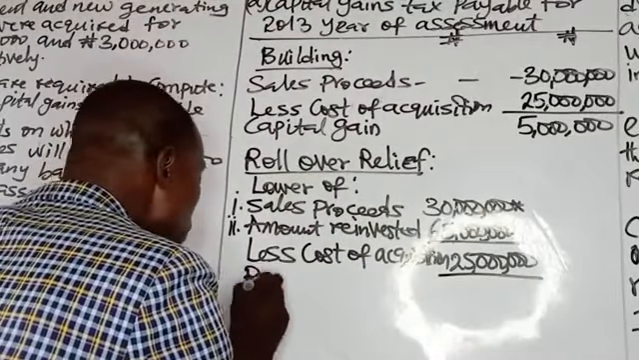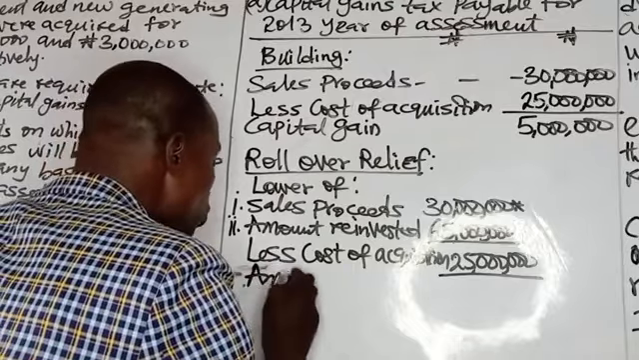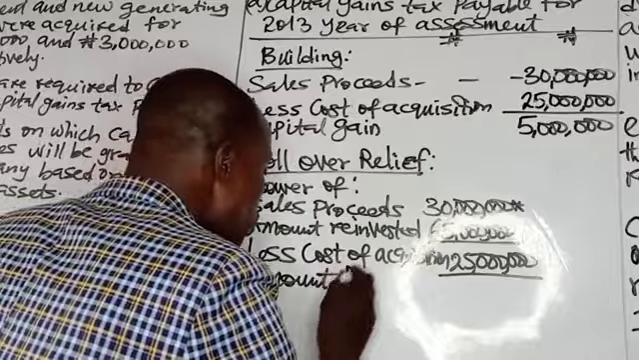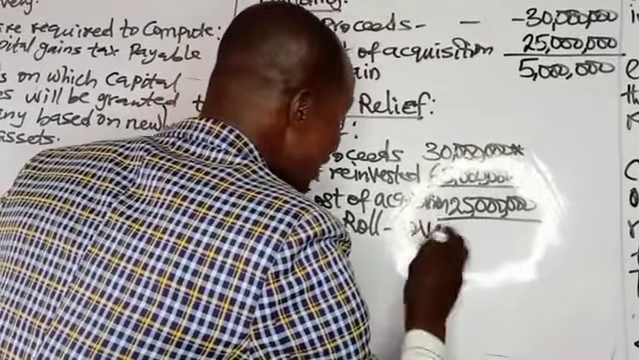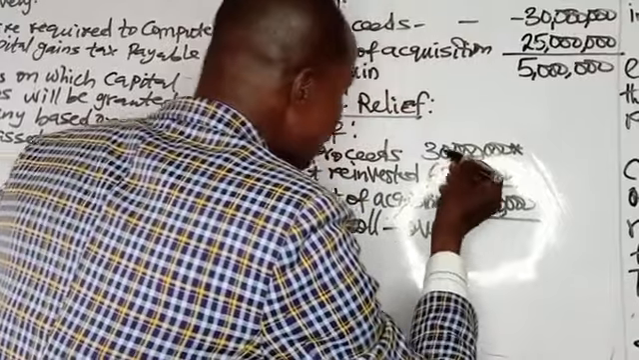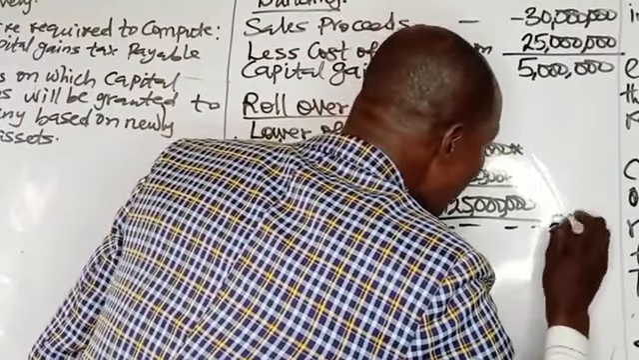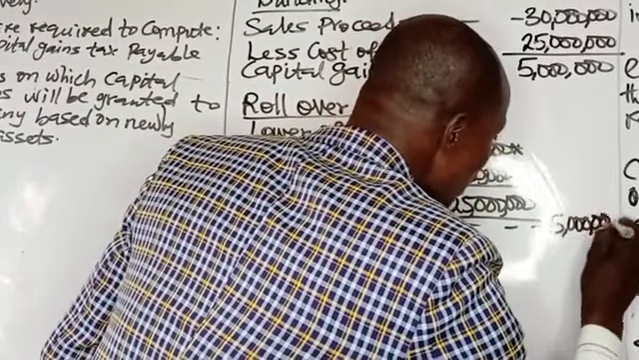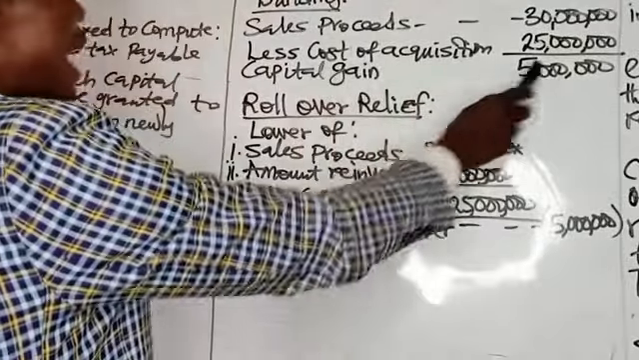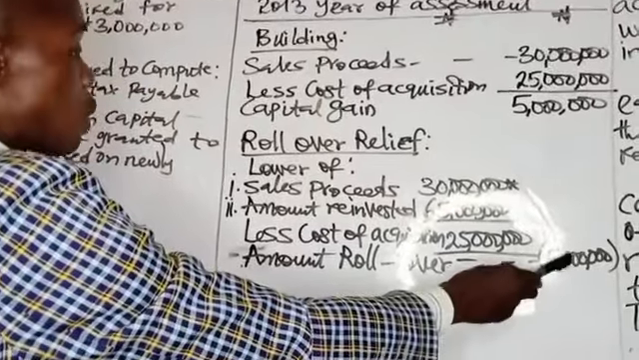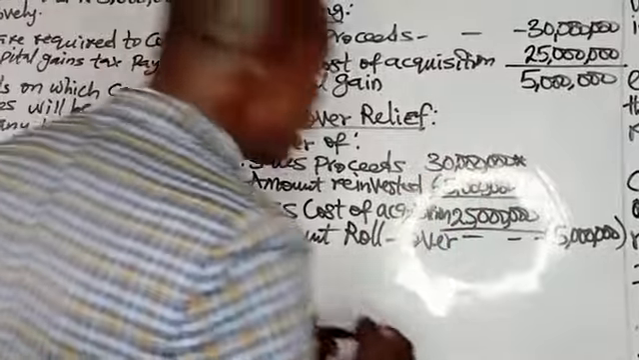So amount rollover, or you can just put rollover relief. That is your rollover relief claimable. 30 million minus 25 million. That will be 5 million naira. So if you subtract, you have capital gains of 5 million. If you subtract the rollover relief of 5 million from 5 million, 5 million minus 5 million,